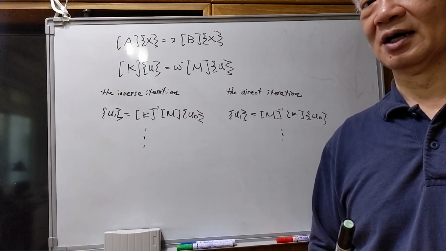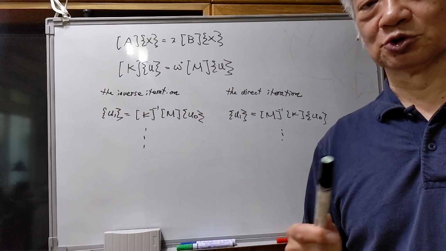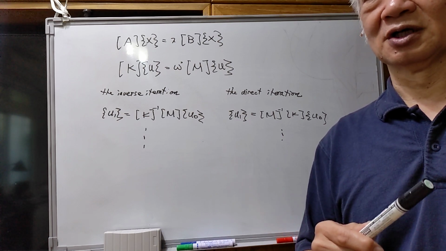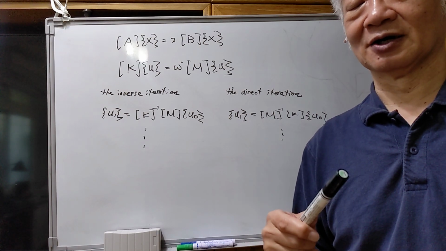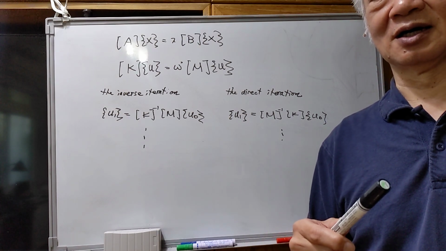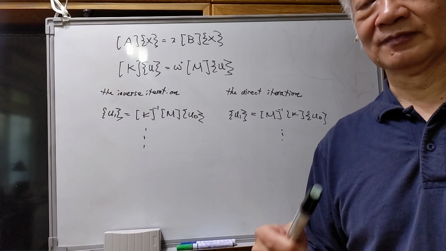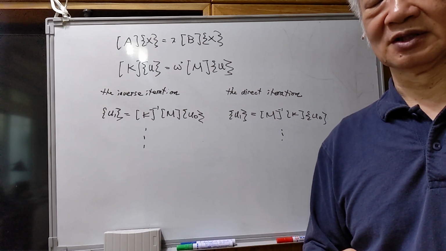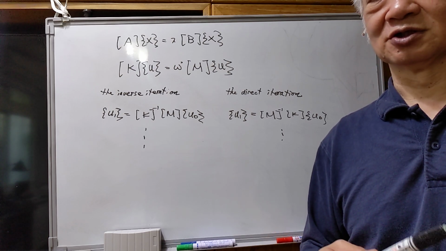And which mode shapes we need to choose? Usually we will choose the mode shapes with the minimum natural frequency. Since if we analyze the contributions to the response of the structures, you will find